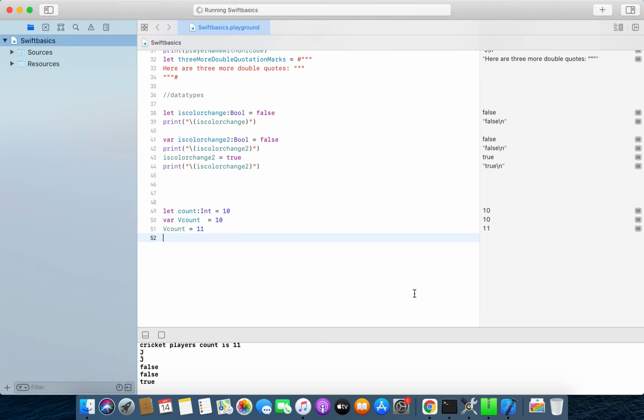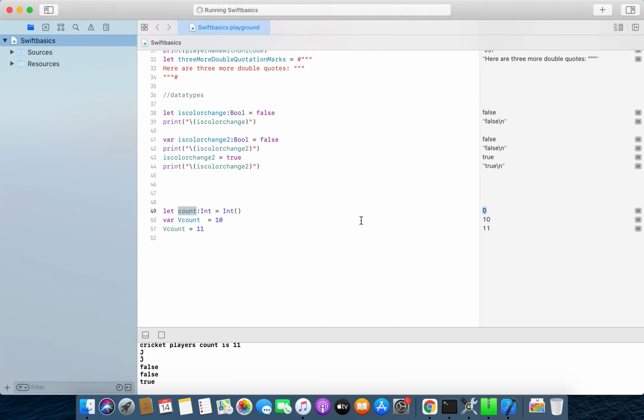Now the default value is 0. Suppose you do not initialize this with 10; just initialize it like Int and the brackets, so I am not initializing with any value. If I try to take out the value of count, it will be 0 because the default value is 0. And now there are various variants of the integer data type.